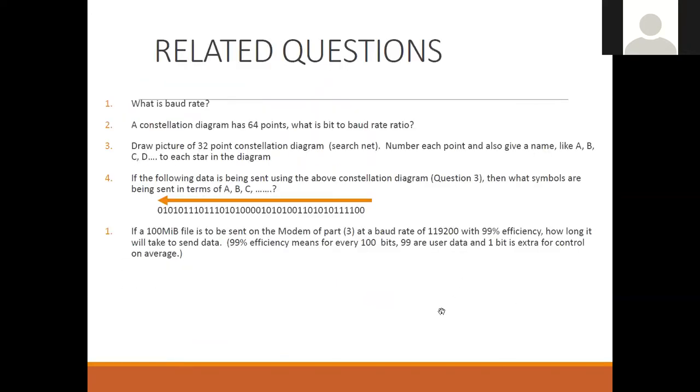So each symbol is called symbol A, B, C, D, which is attached to each star in the constellation diagram. So if you draw a 32-point diagram, you can arbitrarily assign symbols to each star in the diagram. Then you can see here when you are sending this signal in this direction, what symbol is being sent on this line over here. When you are sending 32 points, it means 5 bits can be sent in one